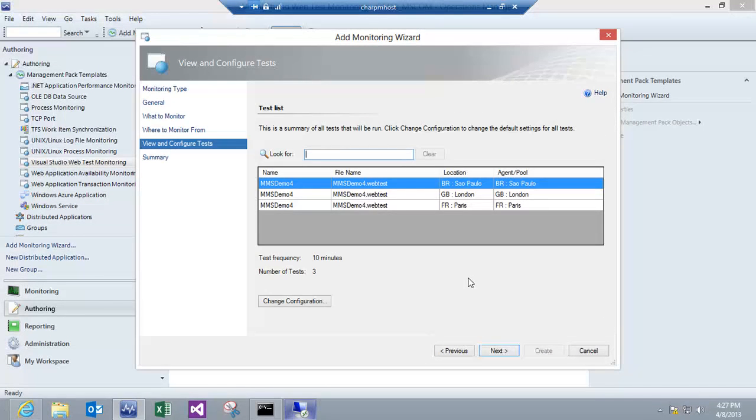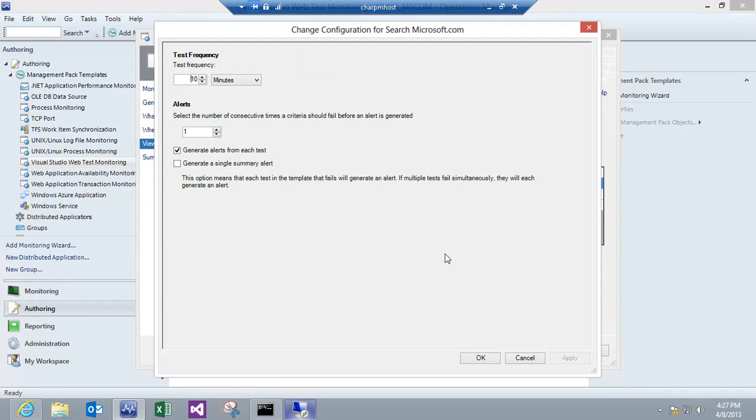Again, we're on the review page, and it allows us to look at all the locations and the tests that are going to be executed. And you can see the test frequency is set to that default of 10 minutes. I can go ahead and click Change Configuration if I want to change that. And you'll notice the page is kind of sparse compared to the other page that we saw under Web Application Monitoring. Because most of the settings of the test are actually in the web test file, you're really concerned with just how often am I executing this, and how many times should it fail before I generate an alert. In this case, I'm just going to leave it at 10 and the default of 1 failure